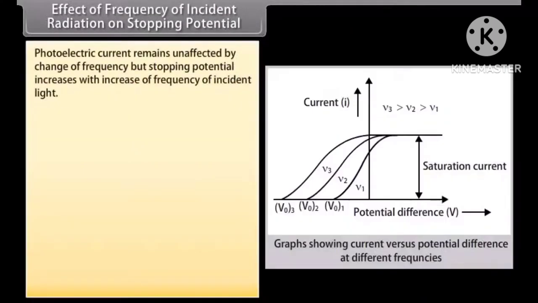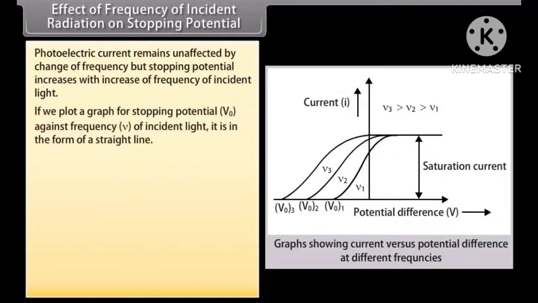Effect of frequency of incident radiation on stopping potential. Photoelectric current remains unaffected by change of frequency, but stopping potential increases with increase of frequency of incident light. If we plot a graph for stopping potential V0 against frequency ν of incident light, it is in the form